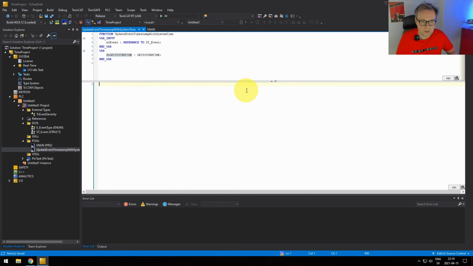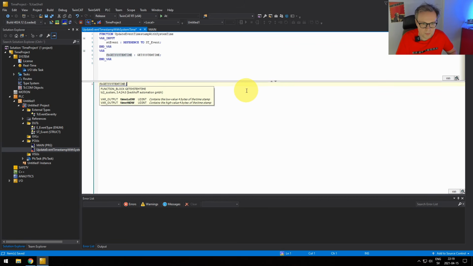And then if we call the function block, we get this time low dw and time high dw. It's just two parts of a timestamp. For some reason, Beckhoff decided to split it into two 32-bit values, but that's fine. So it's 8 bytes for the whole timestamp. Now we need to store these values somewhere.